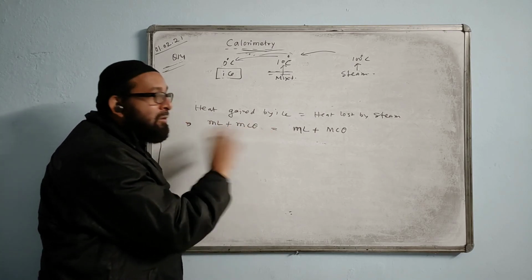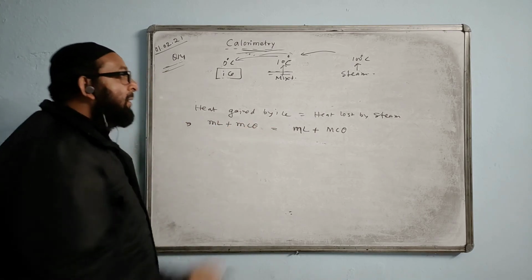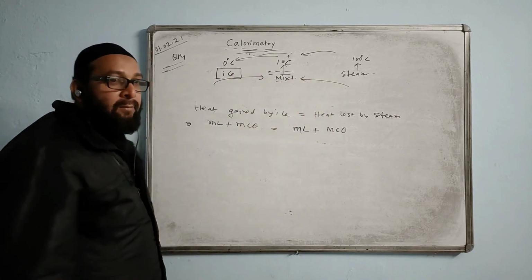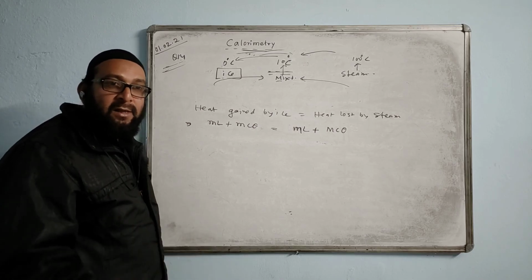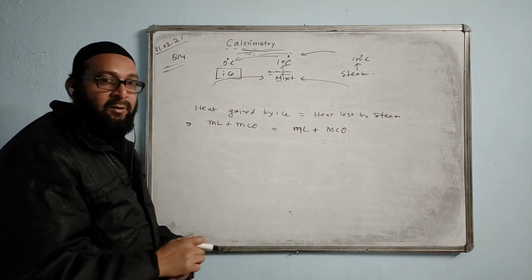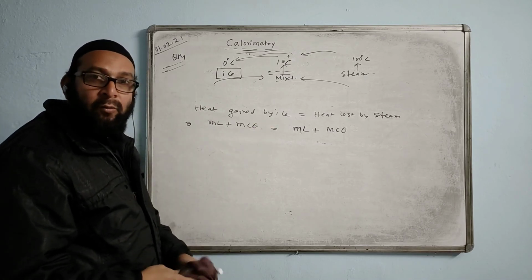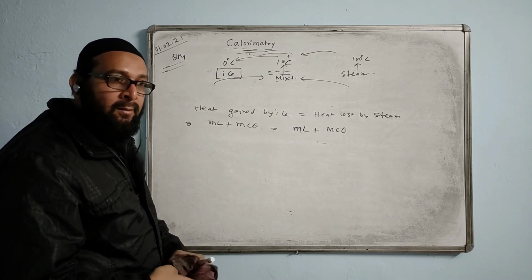To make the equation, you learn how to make the equation. How do you do it? You have to come to the mixture from this side and also from the other side. Whether you come the direct way without changing the state, or you have to change the state first, you have to see that. Accordingly, we will make the equation and find the unknown. Okay.